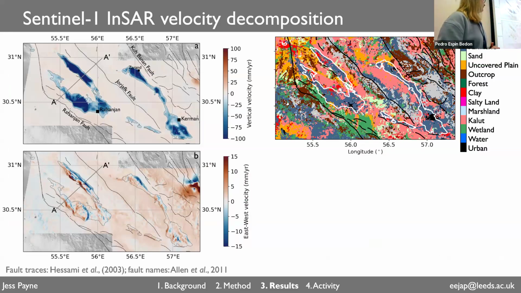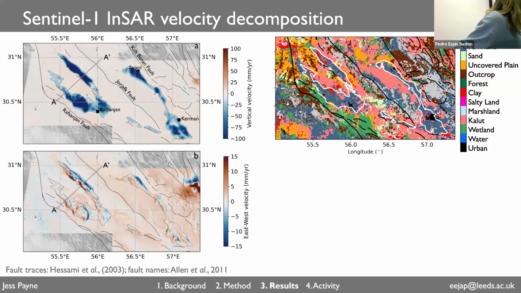This might be caused by different sedimentary layers at depth. It might be caused by structural features, faults, such as the one you see here. The stripes where the east-west switches follow the stripe of the faults as well. Or some of it might be residual error caused by our really coarse, smooth GNSS field. So there might be some cross-fault motion we're not accounting for that leaks into these horizontal velocities.